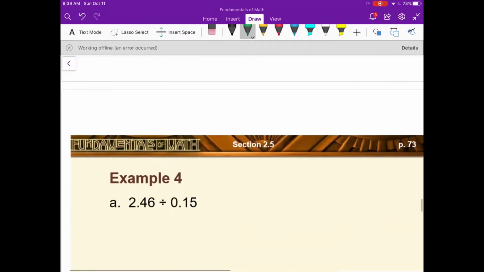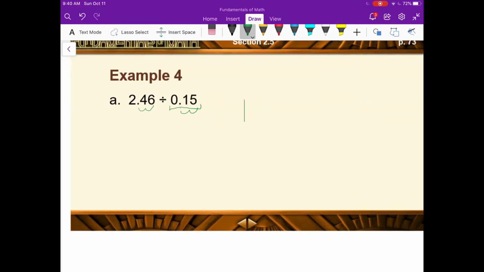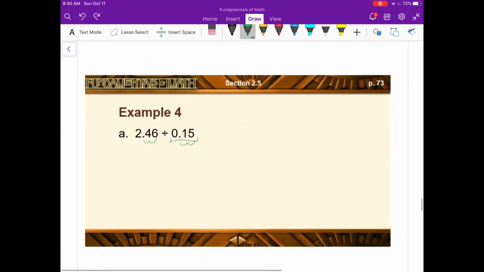And so we can go ahead and do a couple of these. So we have 2 and 46 hundredths divided by 15 hundredths. We want to take what we're dividing by, and we can do this at this point or a little later, but we want to move this one 2 places. So we have to move this one 2 places because that's like multiplying by 100. So this is really 15 into